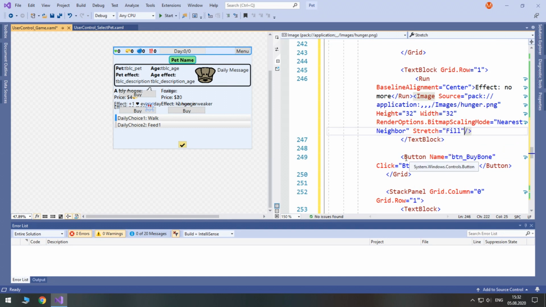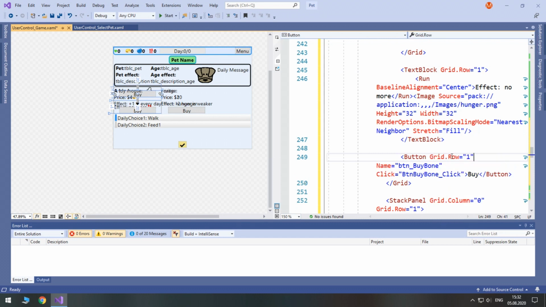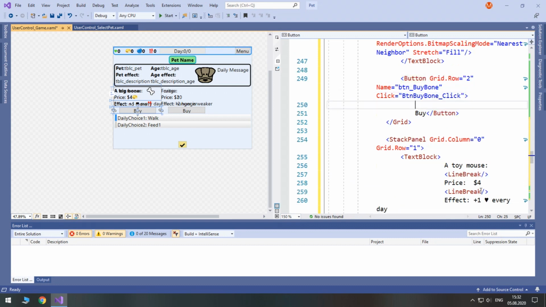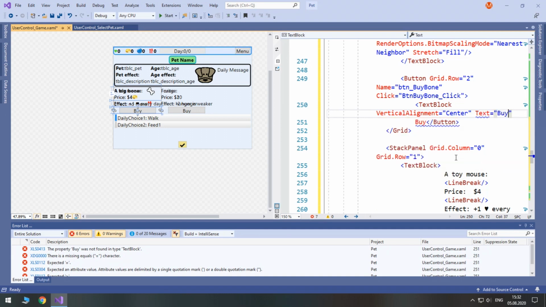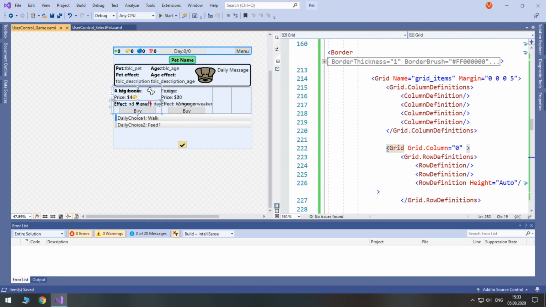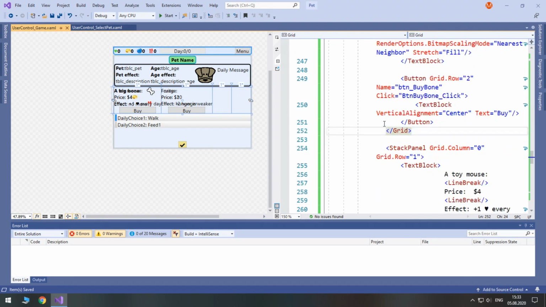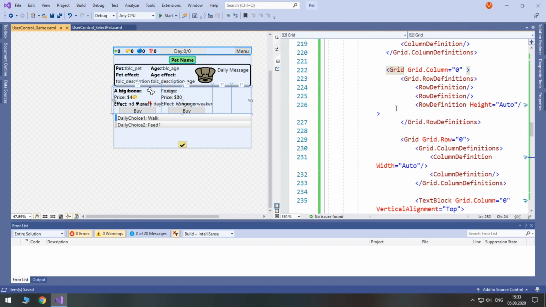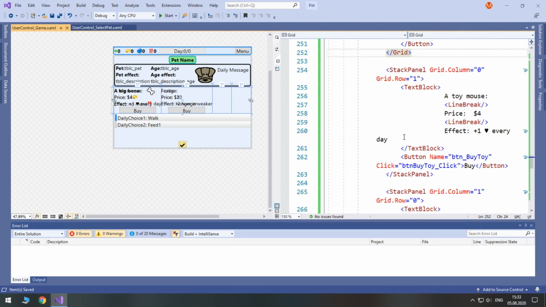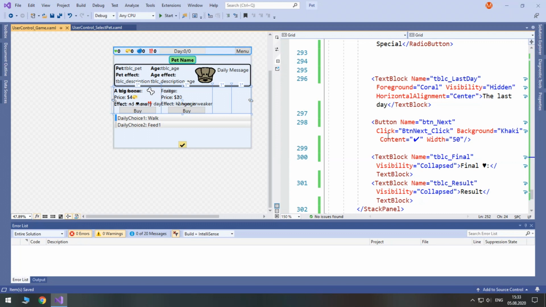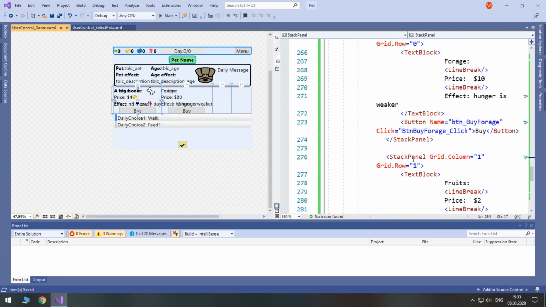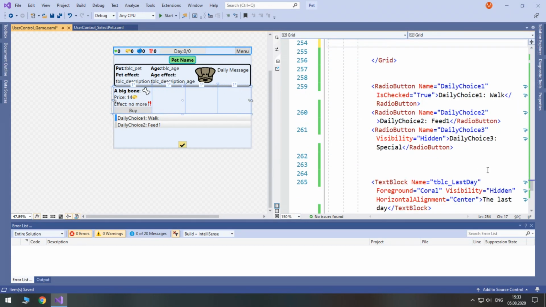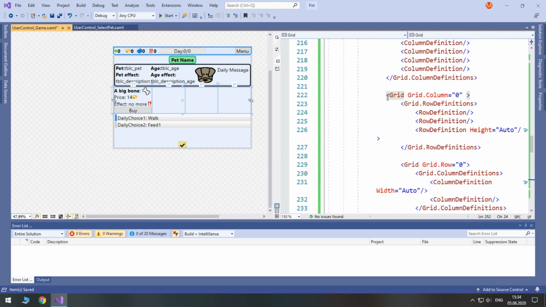And in the third row, that is grid row 2, we will have a button for buying. So button buy bone. Instead of just buy, inside of button we will put a text block with vertical alignment center and text buy. So all this grid is our first item. I think it's faster to remake the duplicates of this one instead of upgrading each of those individually. So let's remove the old items first, and now let's copy the first item